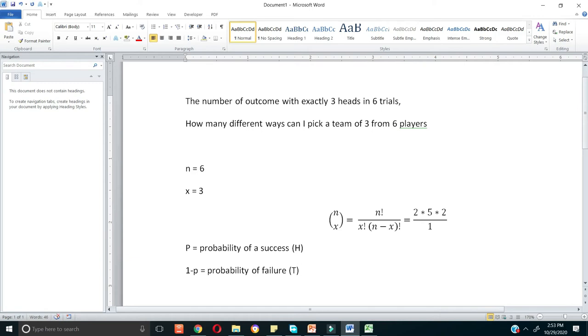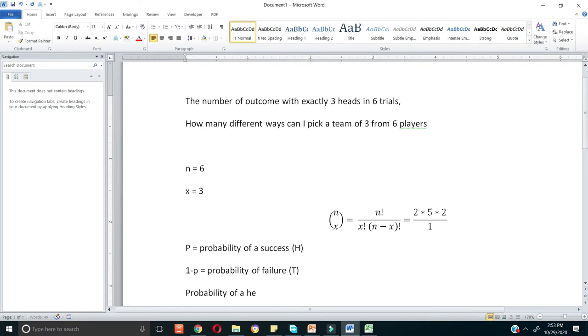Because this is an unbiased coin flip, the probability is 0.5. So 1 minus P is the same: the probability of a head or a tail, a failure or a success, is the same. So this value over here gives us the number of events in which we get 3 heads. So if we actually wanted to get the probability of a head,